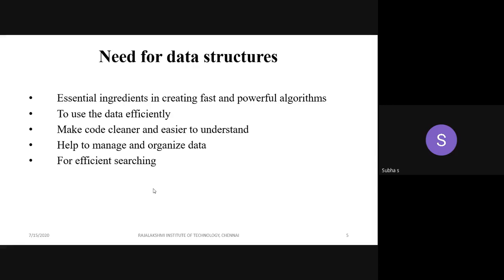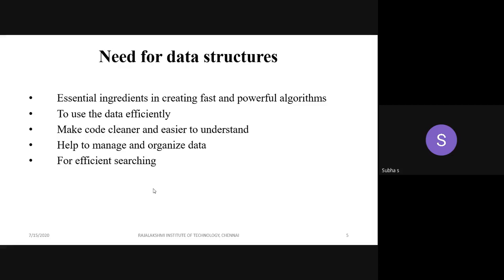Why do we need data structure? Before reading any concept, and I'm not talking only about computer science, before reading anything in physics, chemistry, electronics, or anything, you have to think of a question: why are we using that particular concept? You will study the definition for anything, for anything in chemistry, like so many things you might have studied so far. Why do we use that particular thing? Why do we use that particular concept? You have to think. Then you will automatically get the answer. It will be easily remembered in your mind.